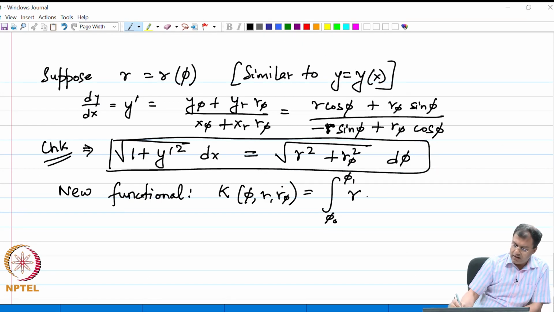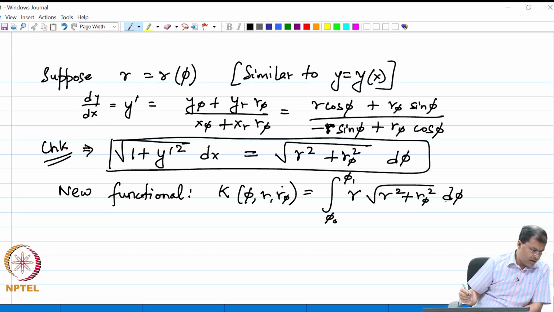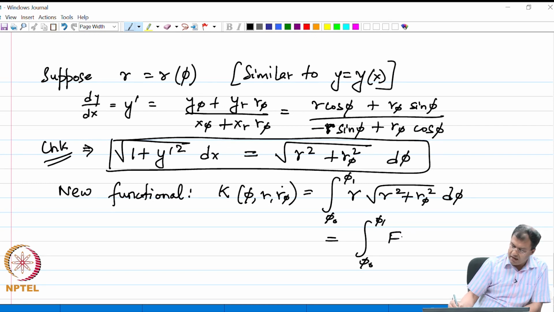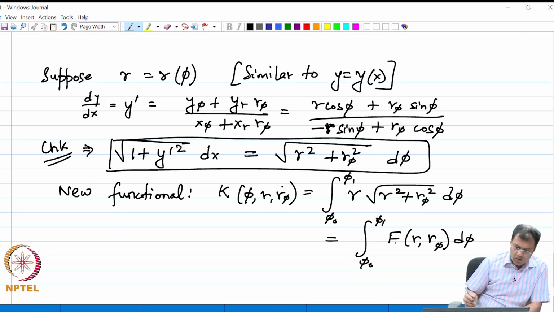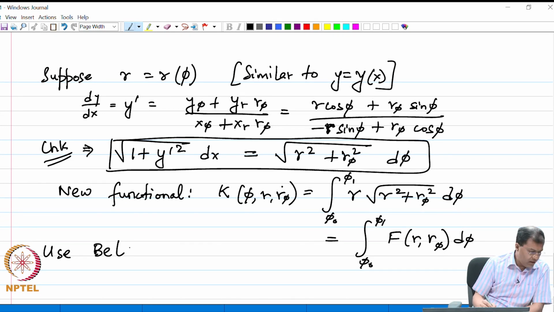So, this is r times √(r² + rφ²) dφ, right. So, we see that this is now completely a function of r and rφ. This is completely a function of r and rφ. So, we can peacefully use the Beltrami identity, because the explicit dependence on φ is missing in this integrand. So, we are going to use the Beltrami identity, thereby reducing our Euler-Lagrange equation to first order